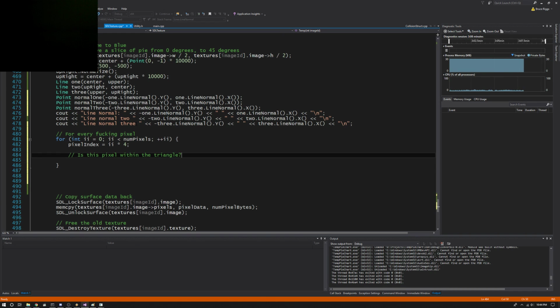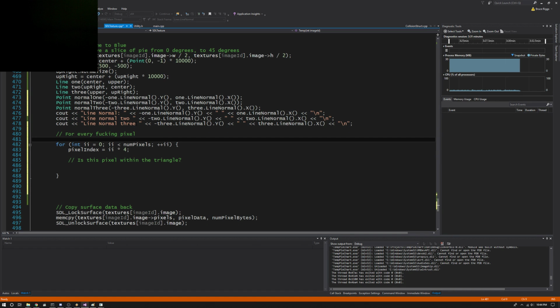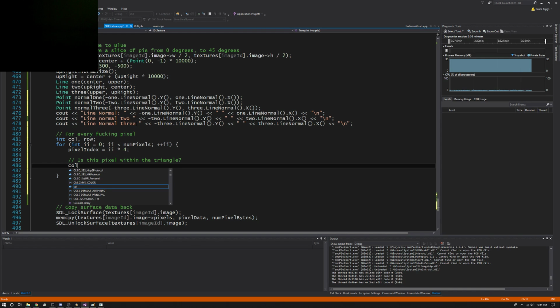And to do that, I can do a simple half space test of its x and its y, but I don't know its x and its y. How do I get its x and y? I would have to do some simple math of, let's see, int column. Well, hold on. Int row. Column is equal to